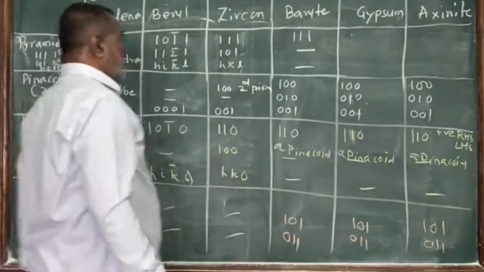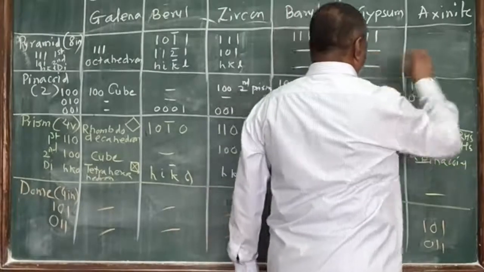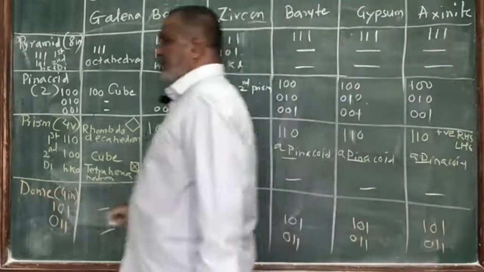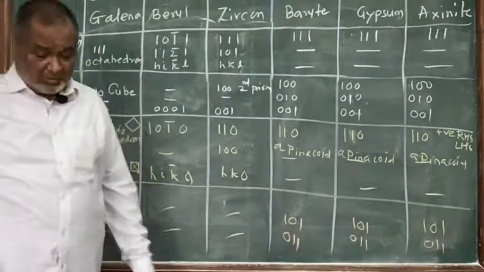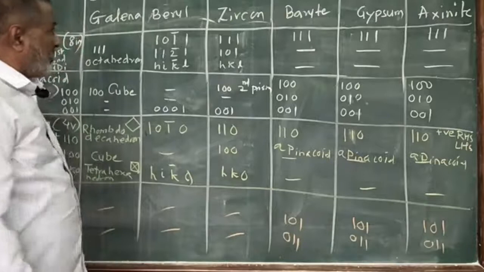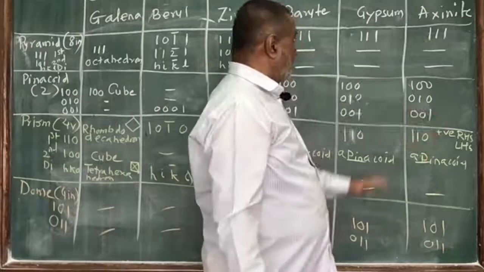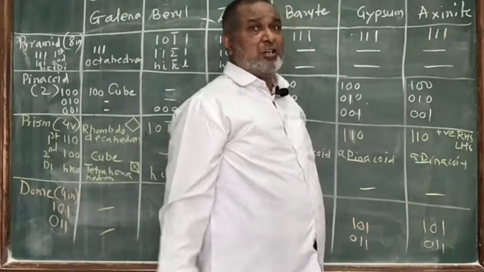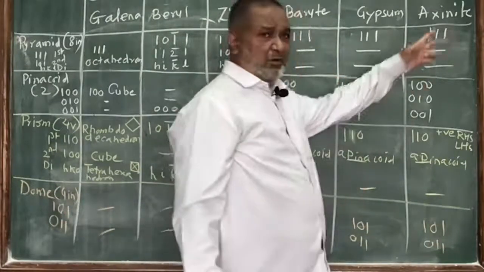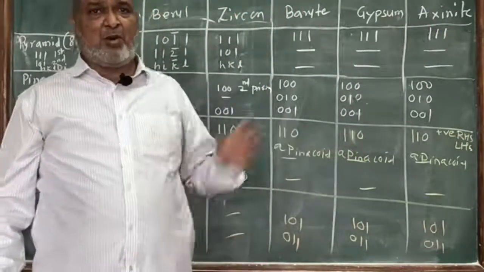Similarly, in the monoclinic system we have pyramid 1, 1, 1. We don't have second and third. Similarly, di, here also 1, 1, 1, and this is not there. So this is what we have at a glance, all the crystallographic systems. Especially in the triclinic system, whatever 1, 1, 1, 0 is there, it is a quarter pyramid. The faces will always be 2 in number, whether it is prism or pyramid.